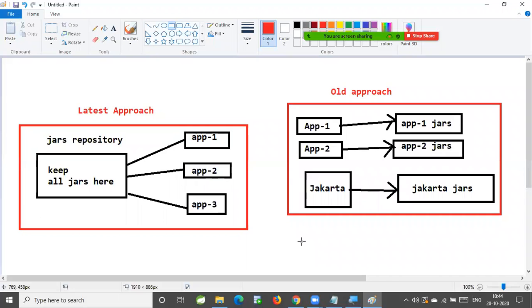Now that build process is completely automated with the help of Maven. If Maven is not available, we need to do these things manually.